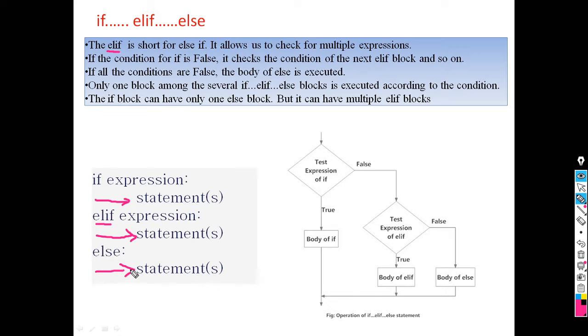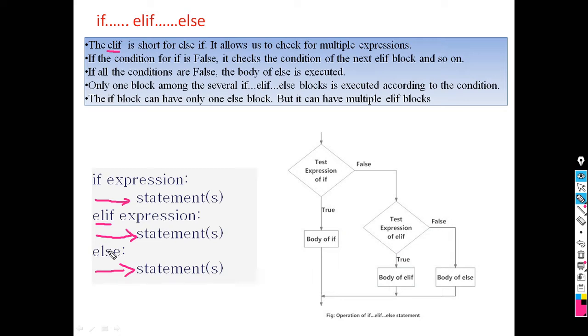When we start indentation, the interpreter understands that this is the beginning of if, and when we stop indentation, the interpreter considers that this is the end of if. So elif you should start like else if, elif, and all the statements you should write by using tab space. So this is the syntax of if, elif and else.